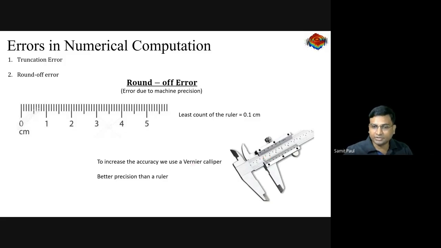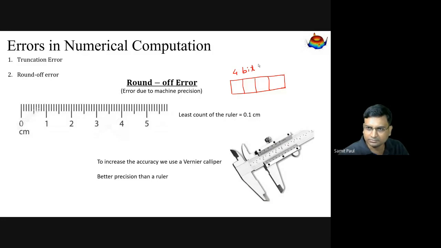Similarly, in a computer where we are storing numbers, that number has a precision. Now if you want to understand the precision, you need to understand how a computer stores numbers. For example, it stores them in a binary format. Okay. So this is a 4-bit number. You all probably know binary numbers, right? 0 and 1. And you can convert binary numbers to decimal numbers and vice versa. I assume that you know this, right?